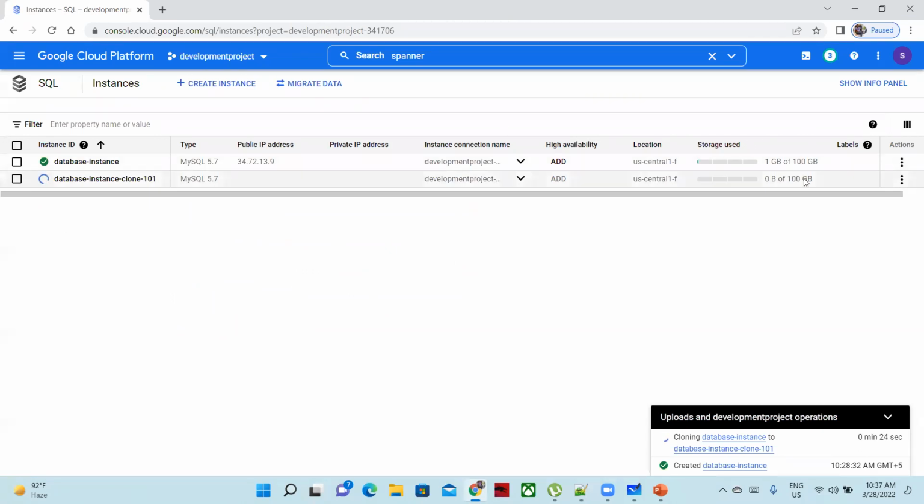Oh my god, it has taken 100 GB. I forgot to change it, but okay, I can delete it later. 100 GB is a very huge amount of data, at least for trial versions. 10 GB is fair enough. Okay,